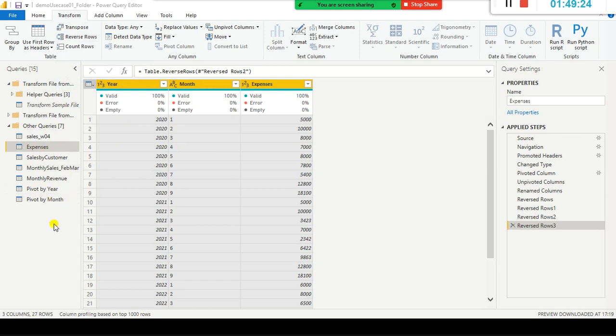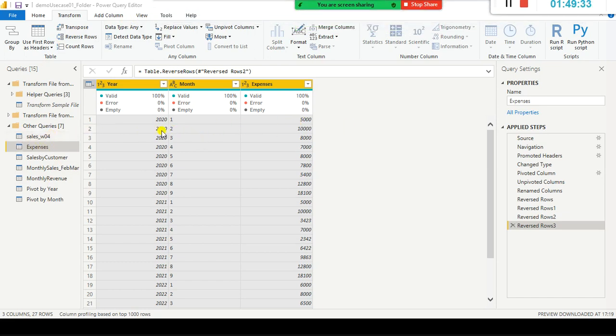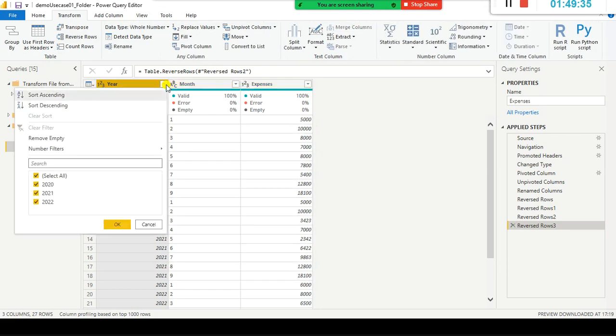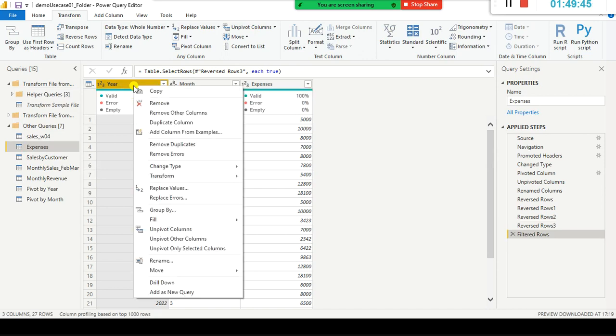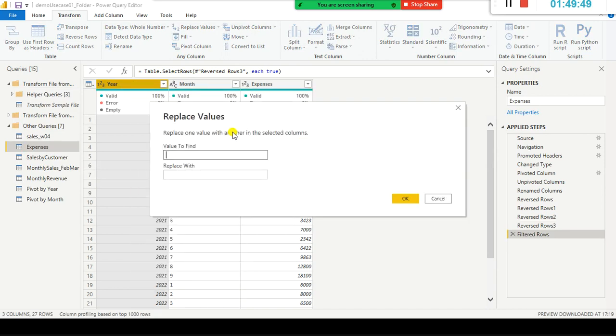If you want to reverse rows, you rename it as reverse rows, so that you have three different queries. But to understand one thing very clearly, what I do is I go and change the years. We have three years, 20, 21, 22. I'm going to change all the 2020 as 2019. So I just replace the values of this one with 2019.